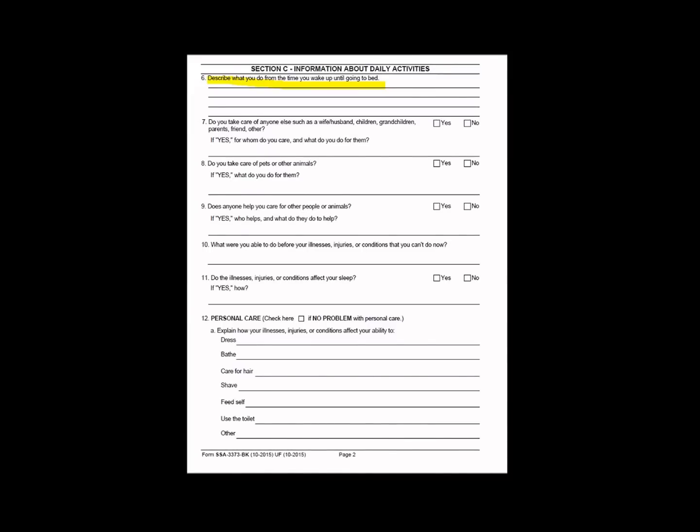Okay? So I know it's going to be kind of goofy, but you want to make sure you pay attention and just think about, okay, around what time do I get up in the morning, around what time do I go to bed at night. Most people don't have a clean schedule in terms of how they do it. So if you're having odd sleeping patterns, and you're waking up at different times, you're going to bed at different times, in any event you want to explain that to Social Security so that they know. You also want to make sure